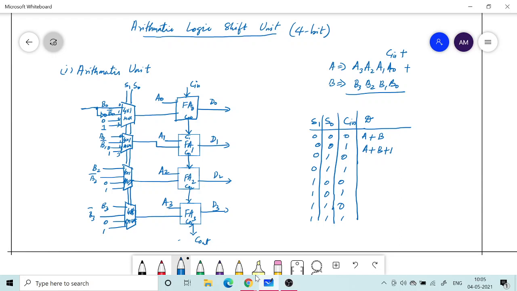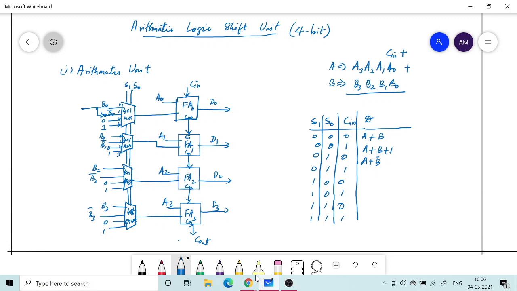If carry was not there, this 1 will not come, so it is A plus B only. Okay, let's go to the next opcode, that is S1 S0 becomes 0, 1. So the second option will be chosen. So the first option has no change, that is always A, and the second one is going to become the complement of all the bits. Whatever is B, you will basically have B bar. So that's the operation that you will do.